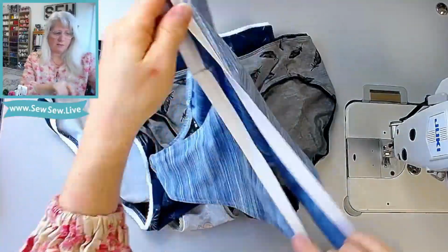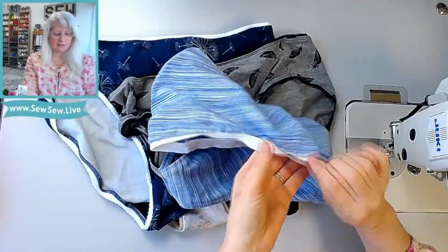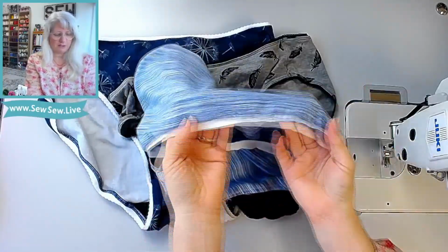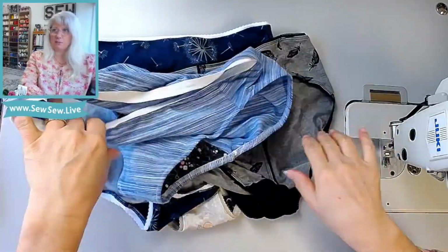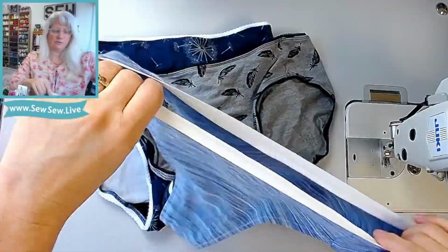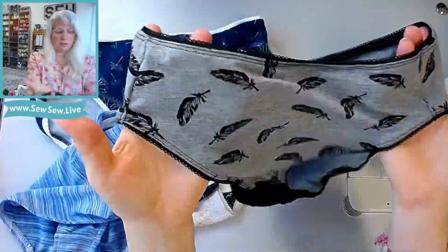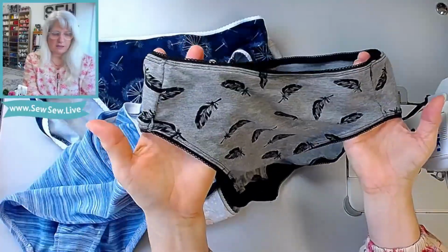I see a lot of ready-to-wear underwear where they just have this piece of elastic sewn here. I didn't stretch this very much, so it's flipping to the outside. You can see I stretched it a little bit, not very much. But when it's on, it doesn't do that. It doesn't fold because it's narrow. So here's another pair. I did Picot because I had a lot of that black Picot, and I don't think